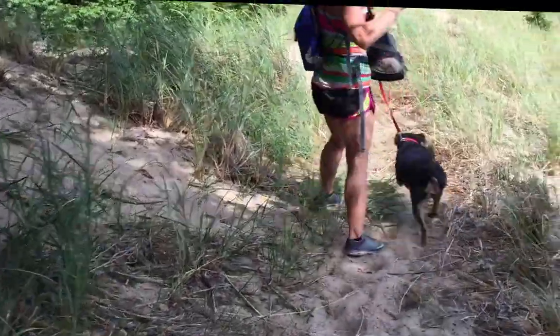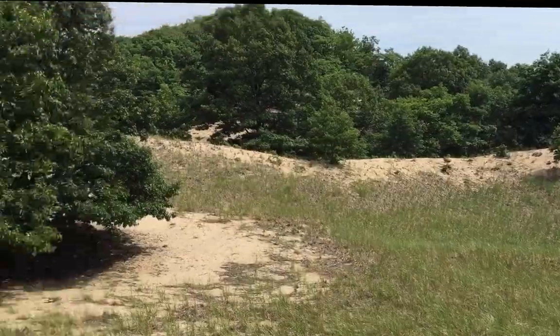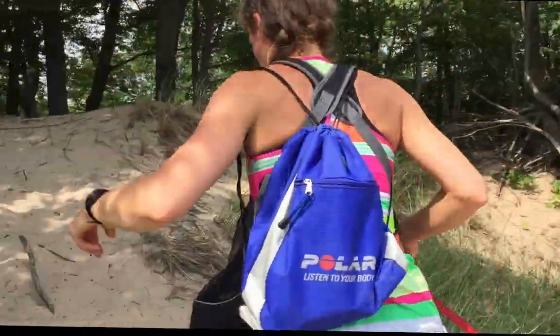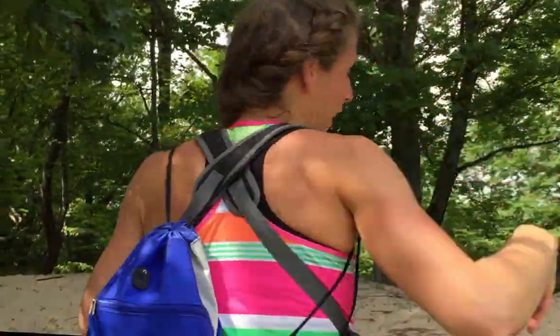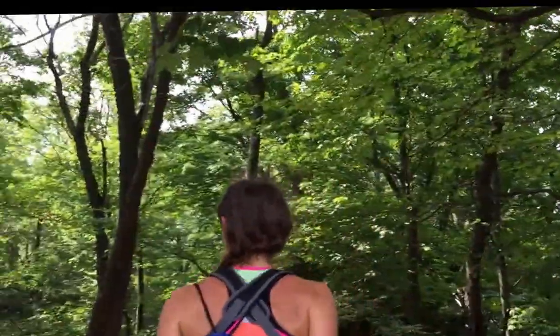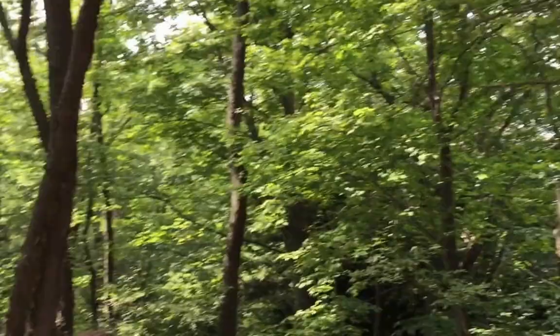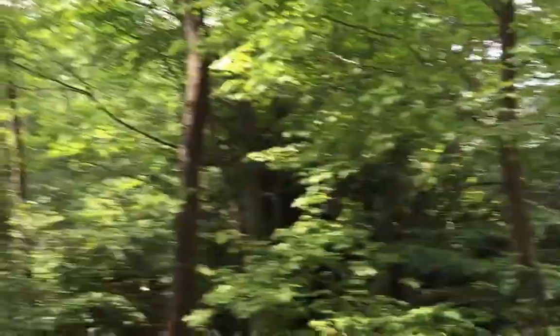So you see, remember when I said that the landscape will change? If you keep going straight, you'll end up in open country. We're going back in. Now, if you stay on that path, you'll actually end up at another bench with the most beautiful view in the whole park, but we're not doing that today. If you cheat and go that way, you have to do more steps and lunges and planks. So if you're a glutton for punishment,